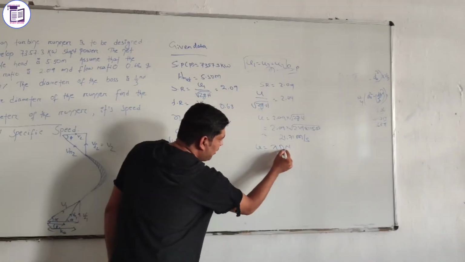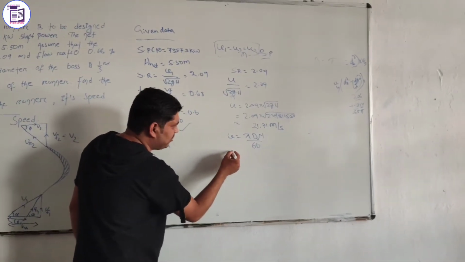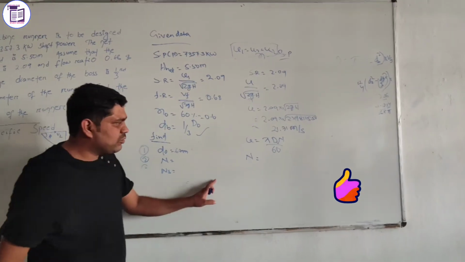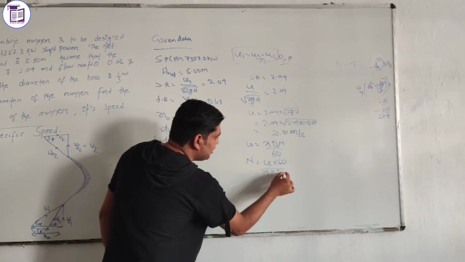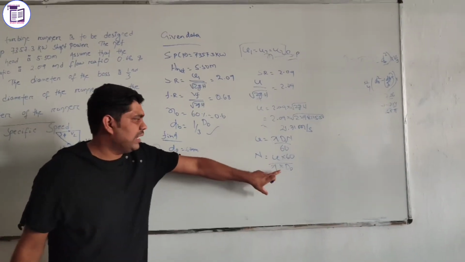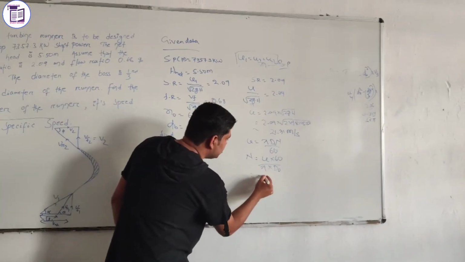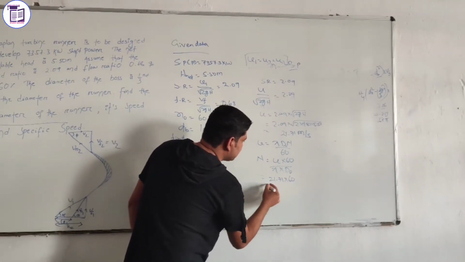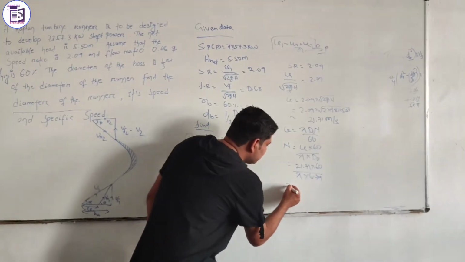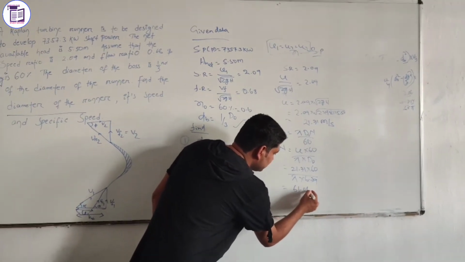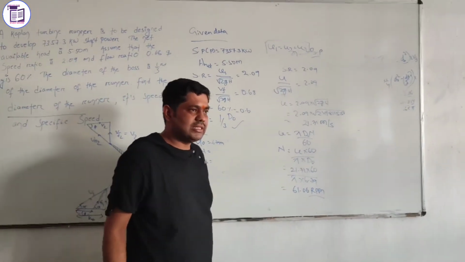So D is your outer diameter, you have to consider here Do. So using this relation, you can find the n value. If you find n, then n is equal to u into 60 by pi Do. Now you know the value of u, and already you have found the outer diameter, that is 6.79. Put the value here. U is 29.71 into 60 by pi into Do, which is 6.79. The value is 61.06 rpm. The unit is revolution per minute, so you can write 61.06 rpm.